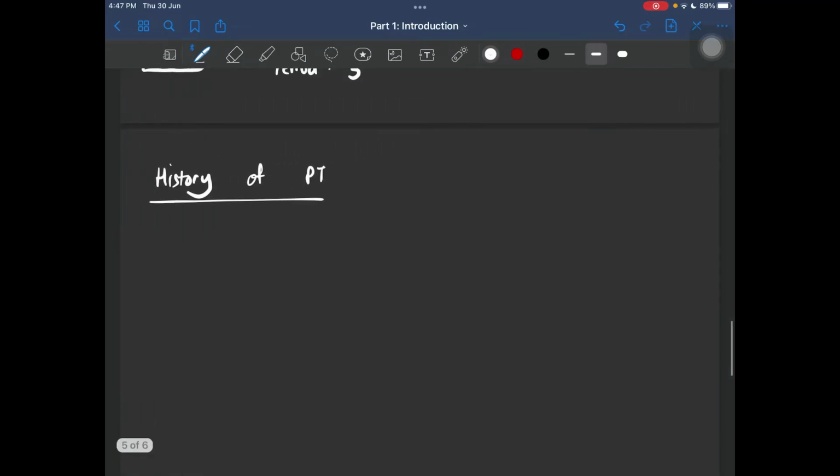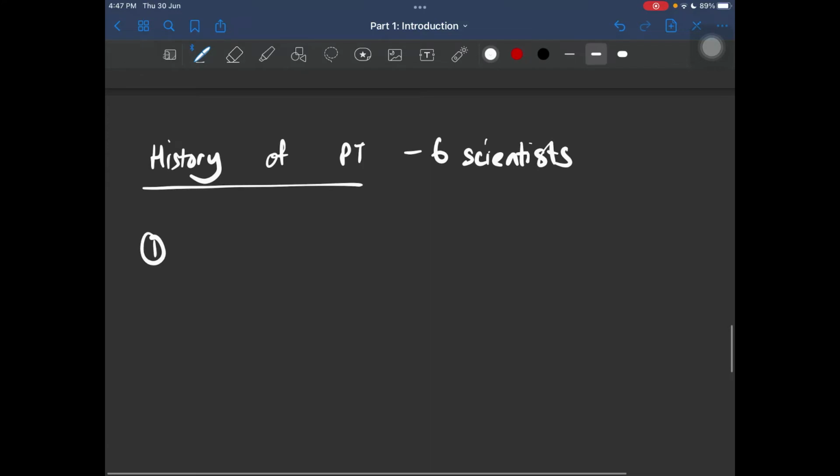Next, before we go deeper into what we're actually going to learn about this chapter, let's look at the history of the periodic table. In the history of the periodic table, we learn about six scientists who have proposed their own way of constructing the periodic table. Firstly, we have Lavoisier. According to Lavoisier, he constructed the periodic table by arranging the elements according to